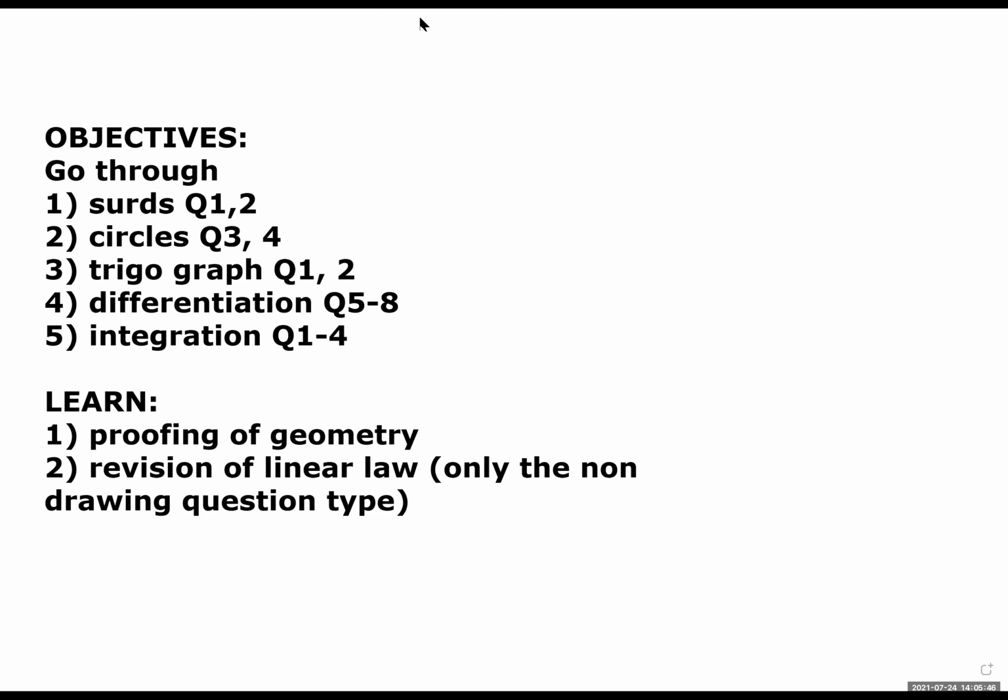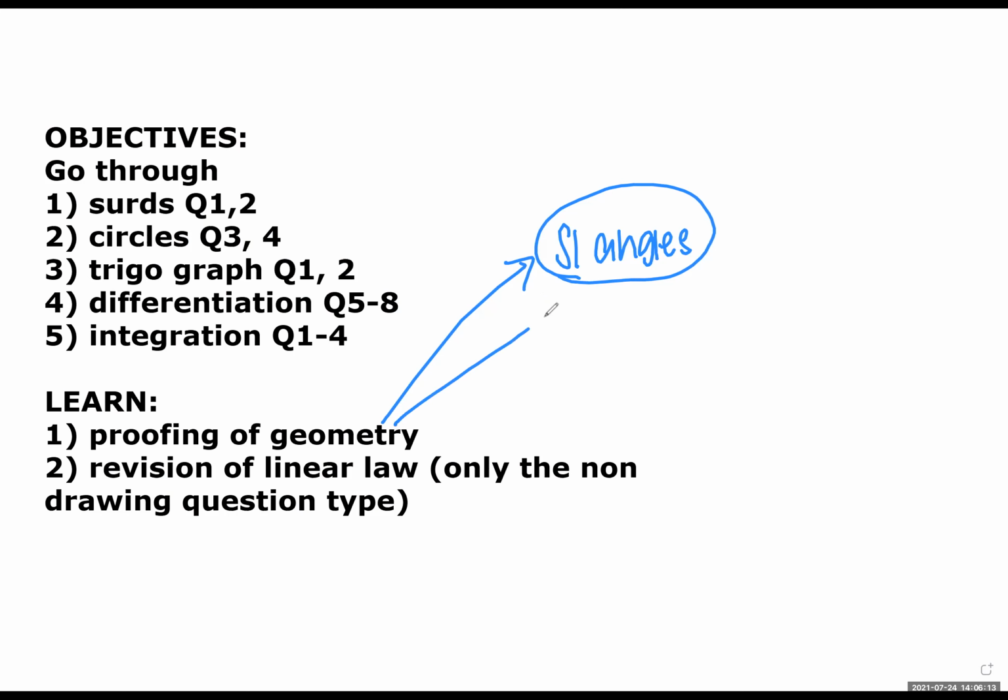Now, for proving of geometry, can you go and refer to your AMATH notes? We need a few things. Number one, you need your set 1 angle notes. But I know that all of you never learned set 1 under me, so I believe I gave you this note called angles. Do you have it? If you do, take a picture and send it to the group chat, so I know that is the angles notes you all need to have. Number 2, you need your set 3 circles notes.